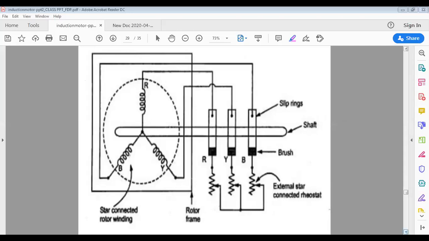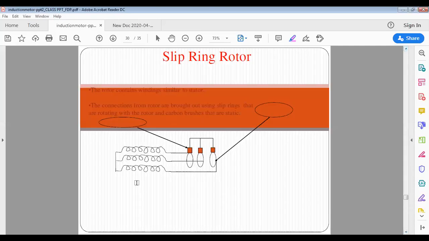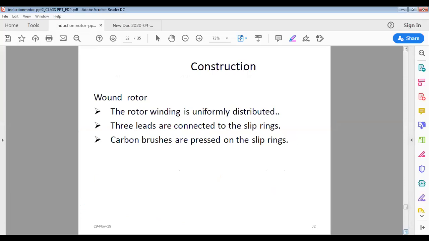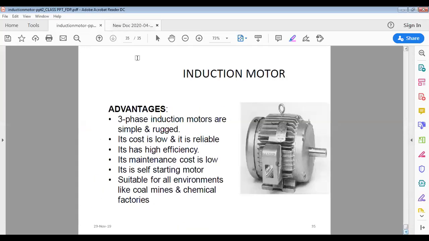Got the difference between the two? Clear? Have you got both the constructions? Again here the same thing. Three windings are connected in star, and at the other end they are connected to circular copper end rings, and two copper brushes are touching. So this circuit is also a closed one. Once EMF gets induced in it, current can flow because the circuit is closed. Okay, so is it clear to all of you up to this? You got the difference between squirrel cage and slip ring type? Yes, everyone got it?